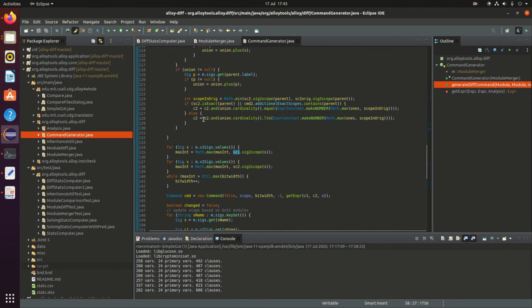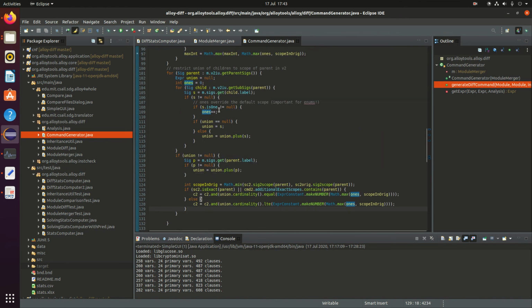And we add these constraints where we count the cardinality of some union of signatures, which will be set to either the scope in the original or overriding it